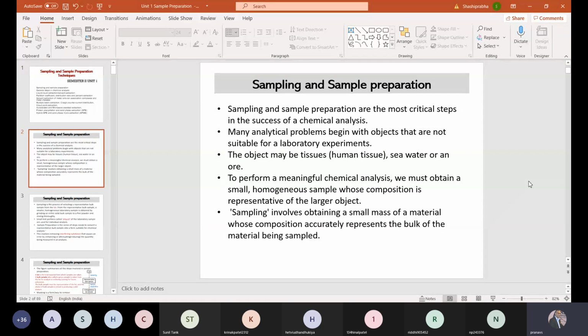So those procedures are well documented now with us when we go to collect a sample. Of course, taking into consideration,